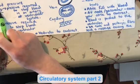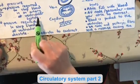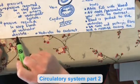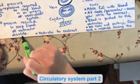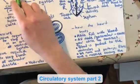So that's the top reading here: pressure required to stop blood in an artery at ventricular systole, when the ventricles are contracted. This 80 is the pressure required to stop blood at ventricular diastole, when your ventricles are relaxed. Okay, that's your normal range. Your pulse rate, girls, should be between 60 to 80